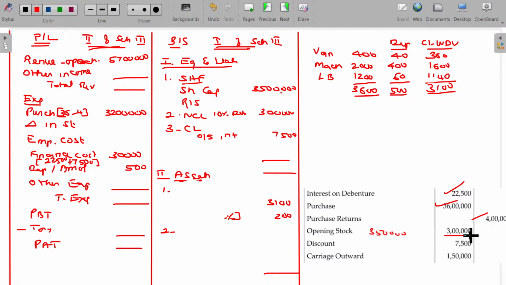And opening stock 3 lakhs, closing stock 3.5 lakhs, changes in stock being 50,000. Opening minus closing, minus 50,000. If the closing is increasing, it reduces the cost. If closing stock is decreasing, it increases the cost. So closing stock is higher, so it reduces the cost. And